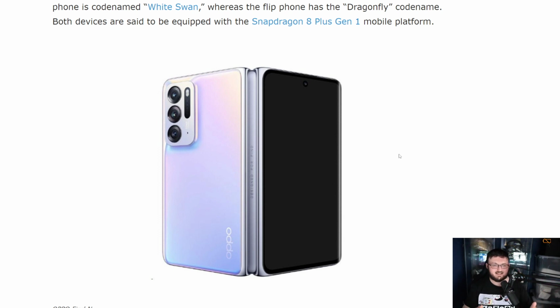I'm not expecting to see any kind of fingerprint under the display. It'll probably just have a side fingerprint reader like the old one did. And I will say,